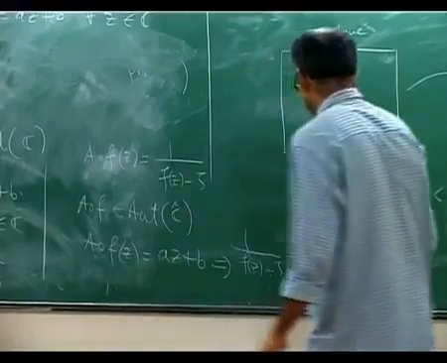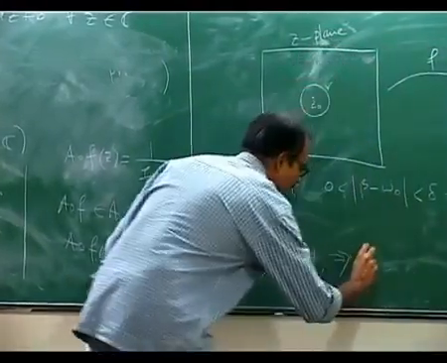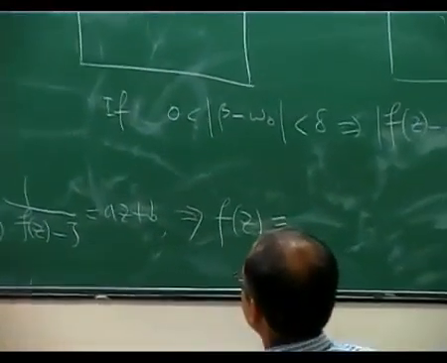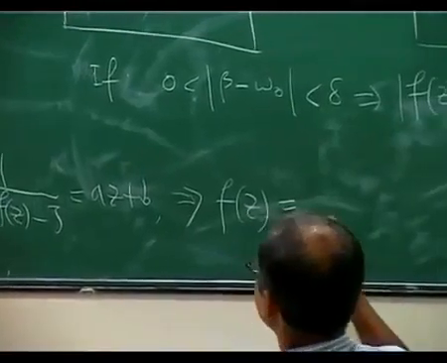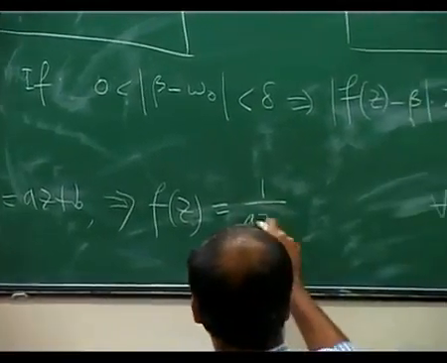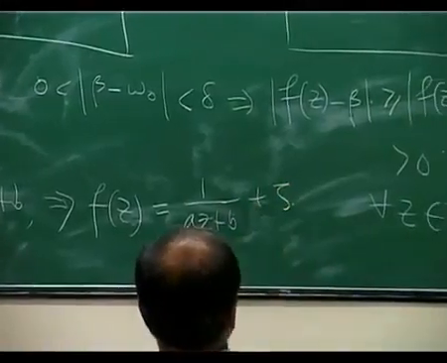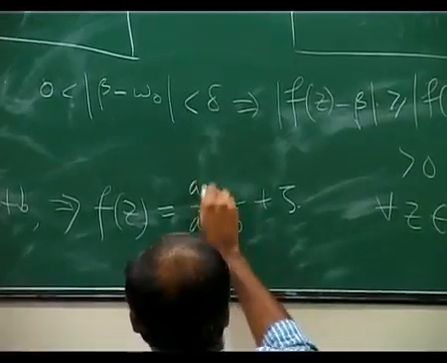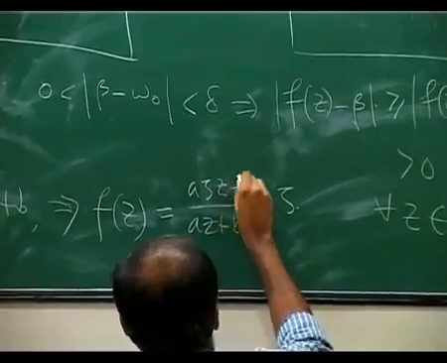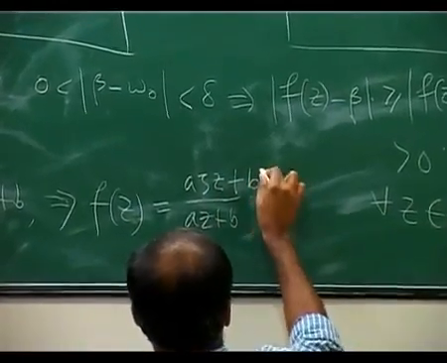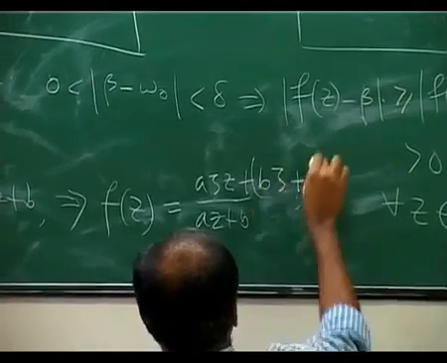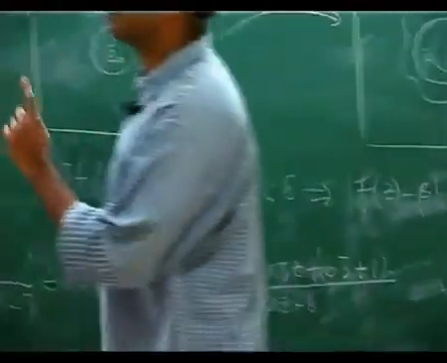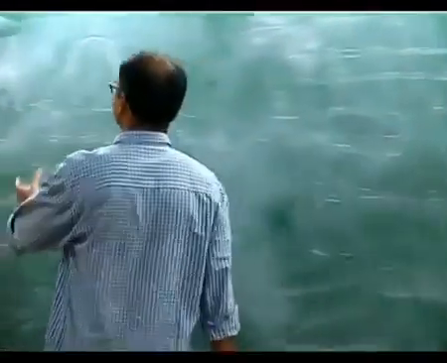Az plus b, so that's going to imply if z is going to be 1 by Az plus b plus this zeta, and so this is a zeta z plus b zeta plus 1 and this. So which is again of that form. So we have a map of this form.